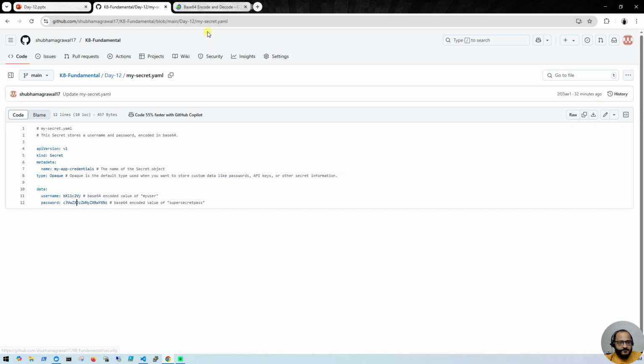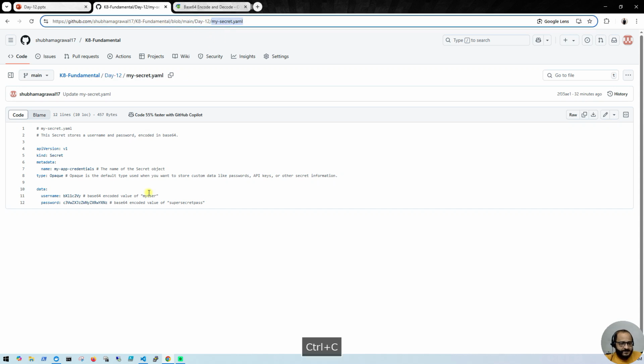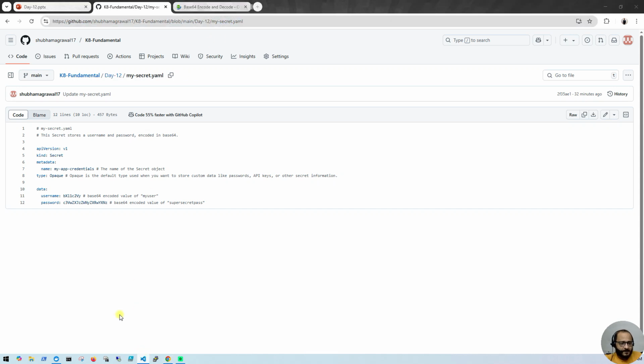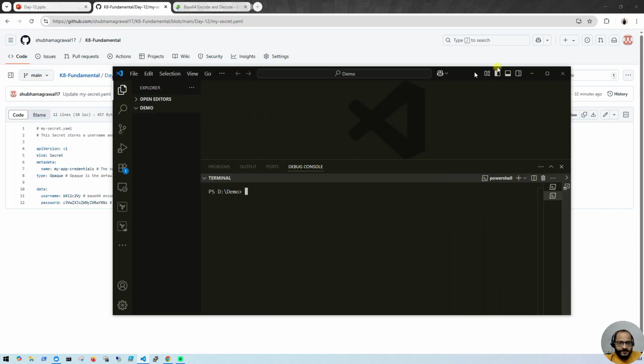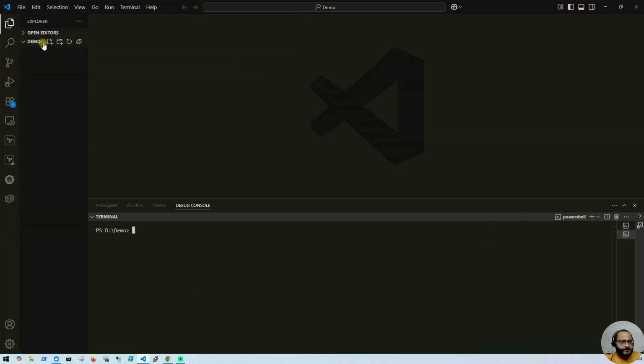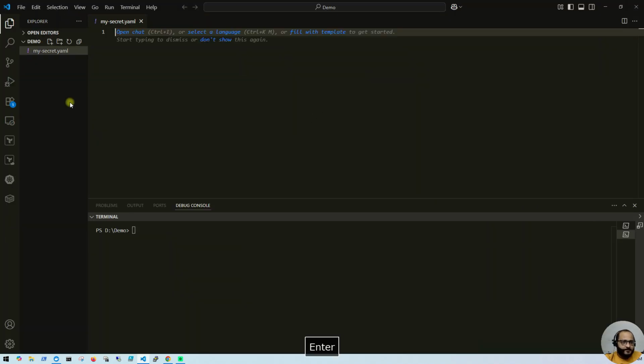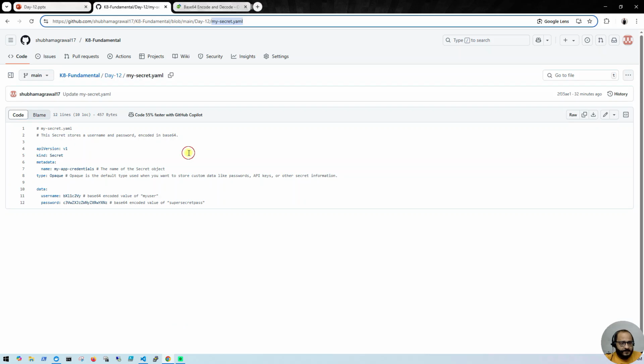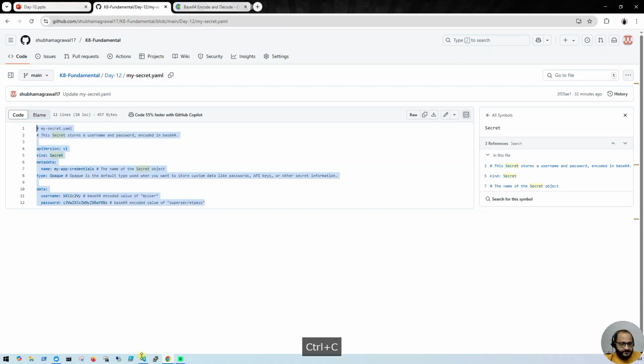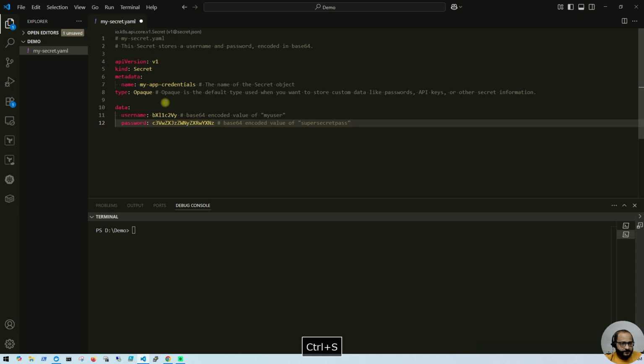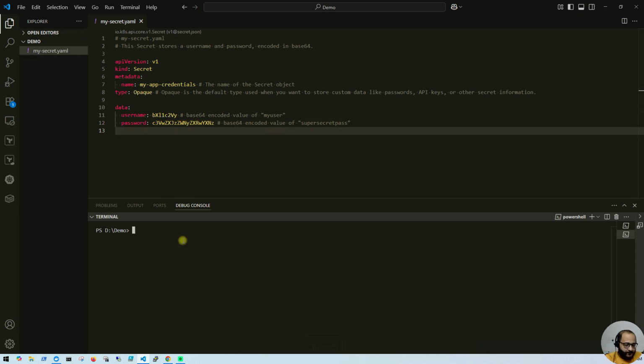Okay, so let me do one thing. Let me first create my secret. Let me move to Visual Studio here. Let me copy the content as well. Now I will apply this file with kubectl apply -f and the file name. To verify, we will simply run kubectl get